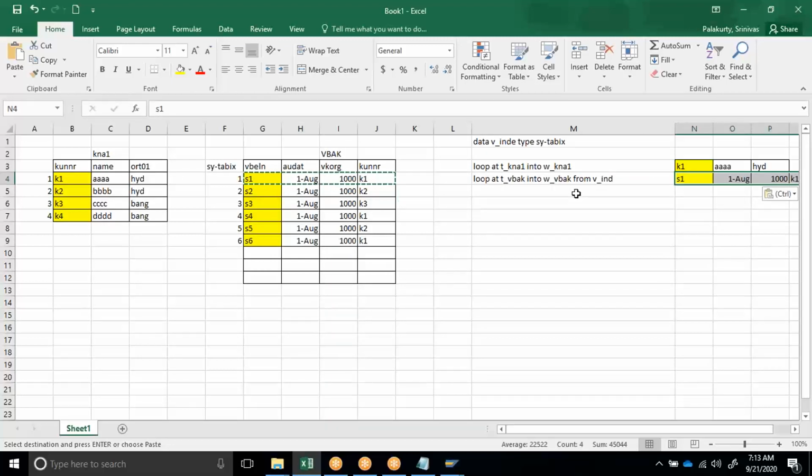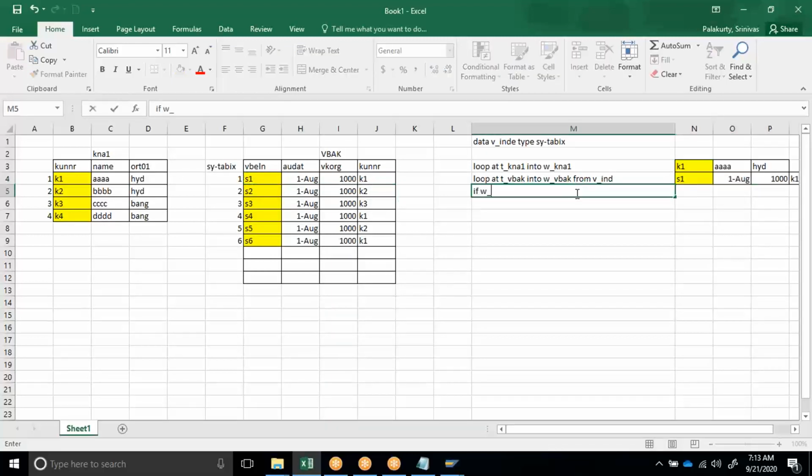Now here we are comparing: if work area VBAK hyphen KUNNR is equal to work area KNA1 hyphen KUNNR. If both are not equal, what to do? V_index is equal to SY-TABIX and come out of it.